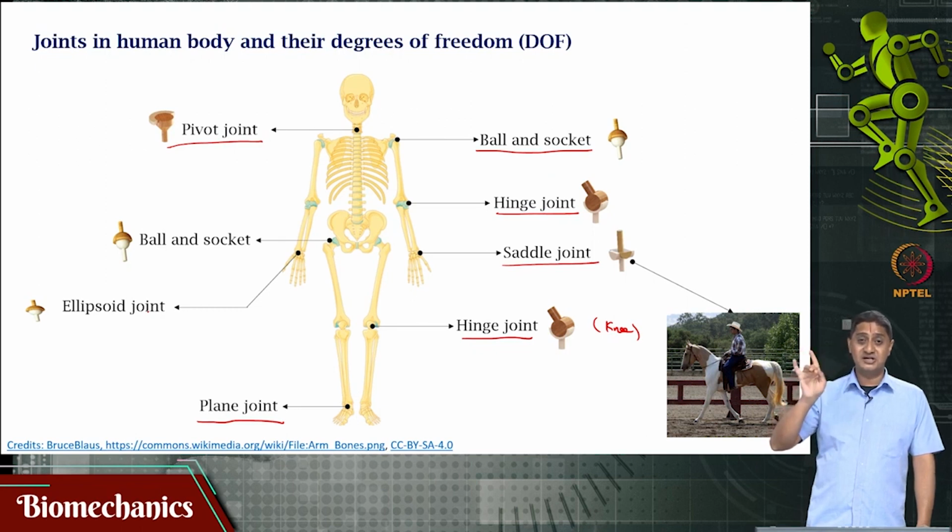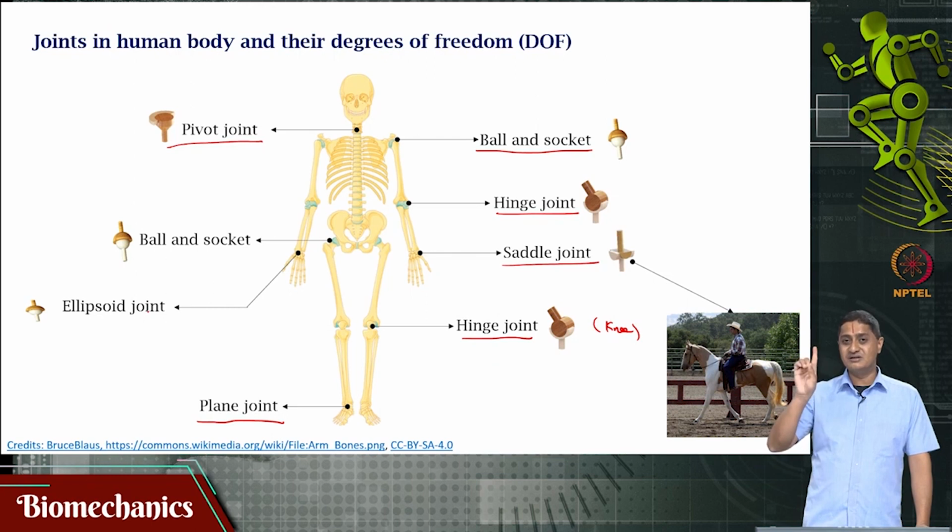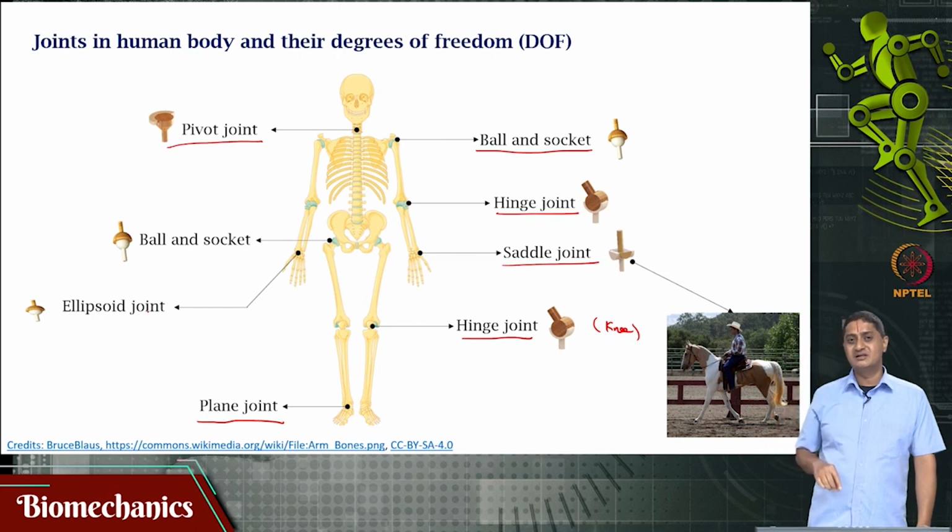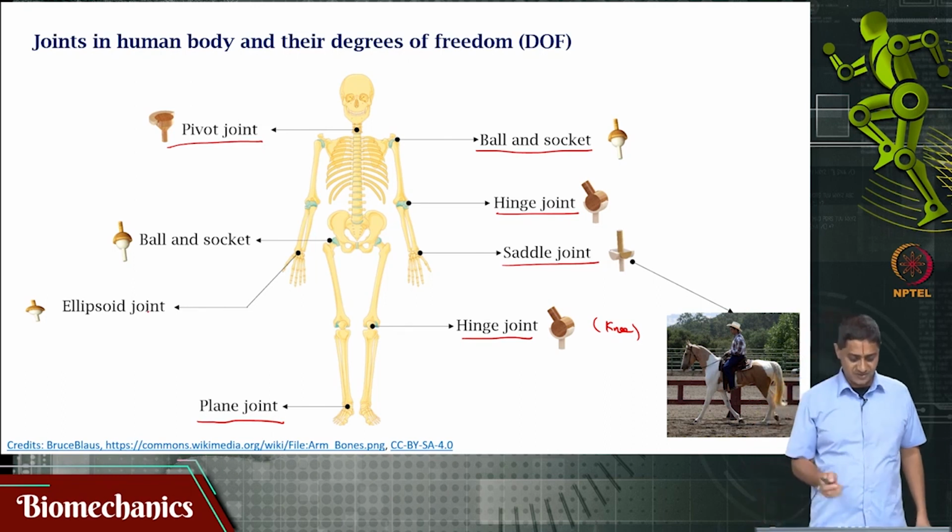Remember, abduction, adduction of the wrist is not called abduction, adduction, but rather radial and ulnar deviation of the wrist. Okay, but for the finger, that movement is possible. This sideways movement is possible. It is called abduction, adduction of the metacarpophalangeal joint. It's an ellipsoid joint. Okay,